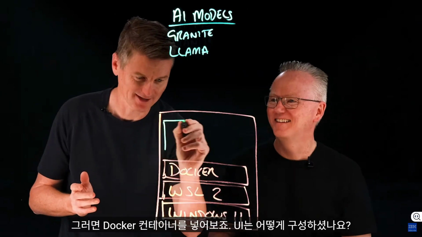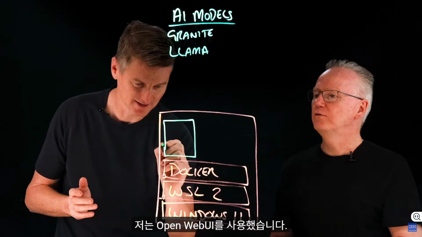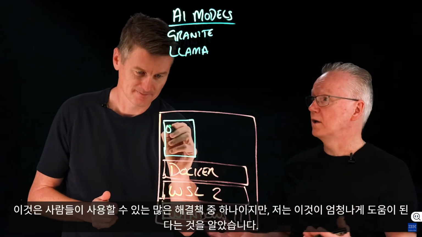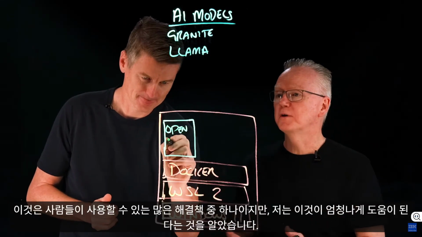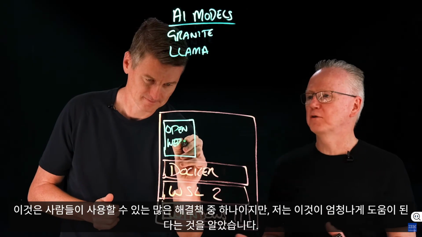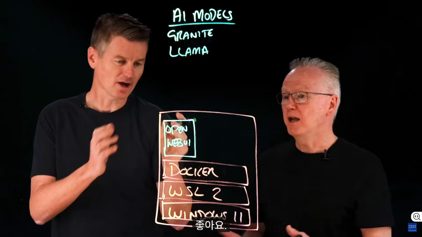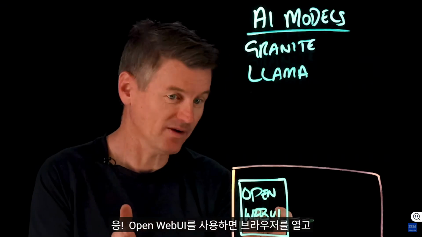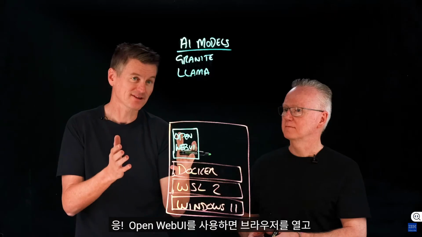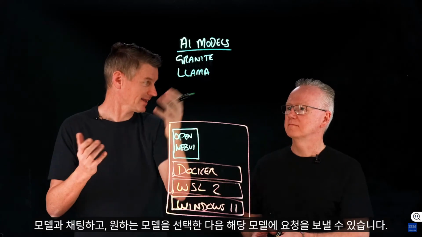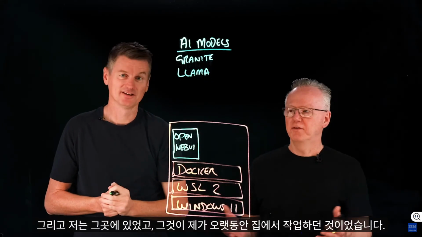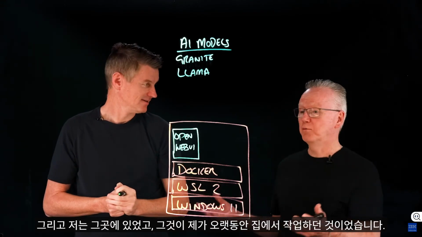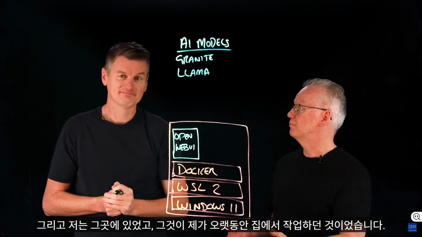So let's put some Docker containers in. What did you have for the UI? I used Open Web UI. It's one of the many solutions that a person could use, but I found this to be extraordinarily helpful, and easy to use. Yeah, so with Open Web UI, you can just open up a browser and then chat with the model, pick the model that you want, and send requests to it. And there I was, and that's what I was working with for a long time right out of my home. But